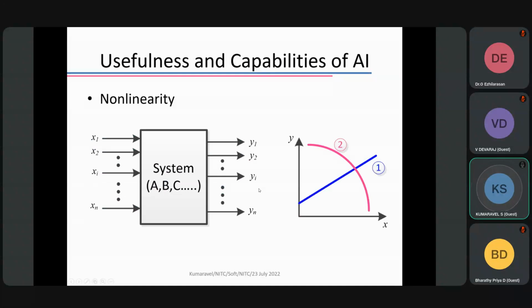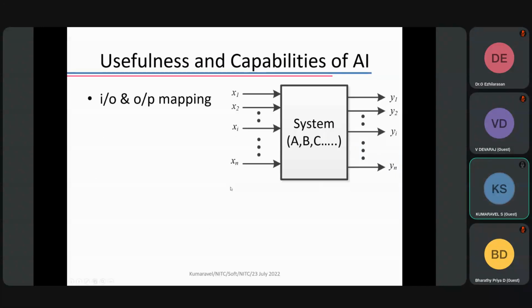It is like a black box model. As far as the system model is concerned, it is a black box model. Okay. So you may see one is a linear system, two is a non-linear system. Example I am showing. So this can be very effectively handled by an AI, which is always called a black box model. We never bother about the system. Whatever the ABCD constants, we never worry. We are only bothered about input and output. That is called input-output mapping.